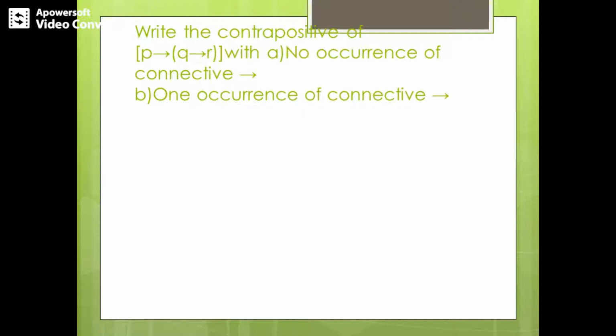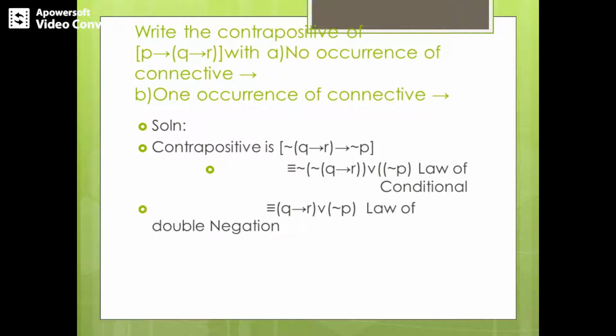of condition. So what we get is, we get this as a contrapositive, that is negation Q implies R implies negation P. Then we can write this condition. So negation of Q implies R implies negation P. This is equivalent to taking it in the form of P implies Q condition. So what is P implies Q? P implies Q is nothing but negation P or Q. So we write it in the same manner. It is negation P or Q.